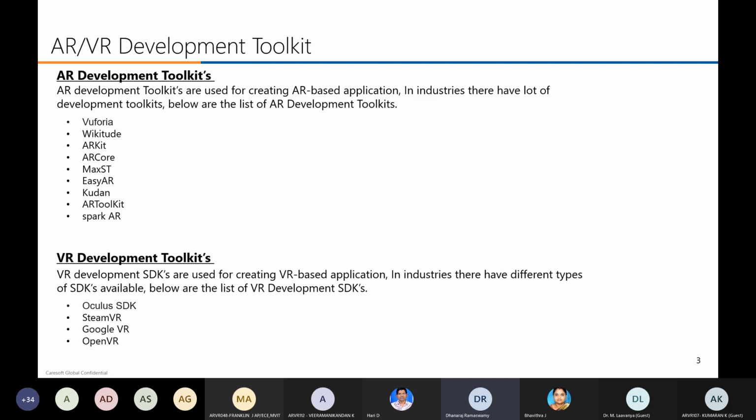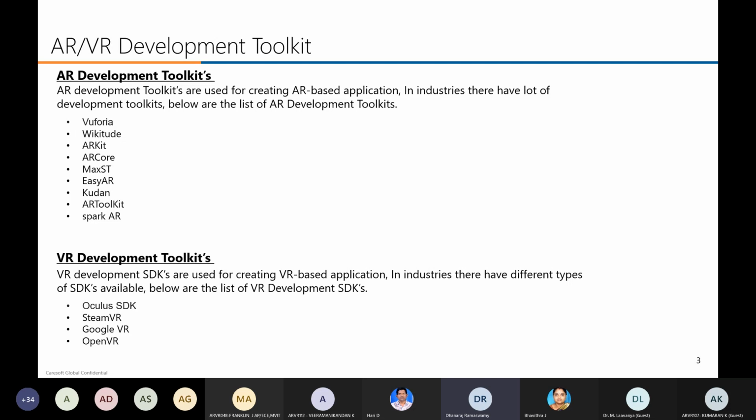You can use any engine like Unreal, Unity, or Away3D, any game engine. But even if you are using a game engine, you need a development kit to support AR and VR applications. AR development toolkits are used for creating AR-based applications in the industry.